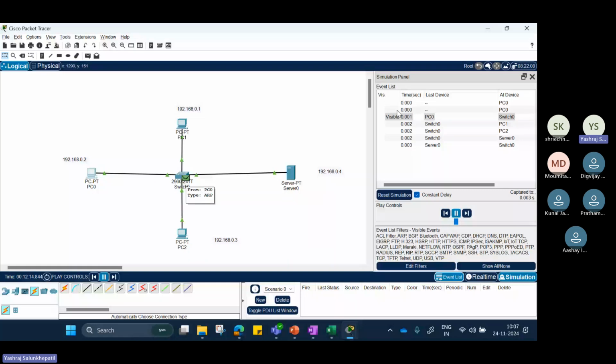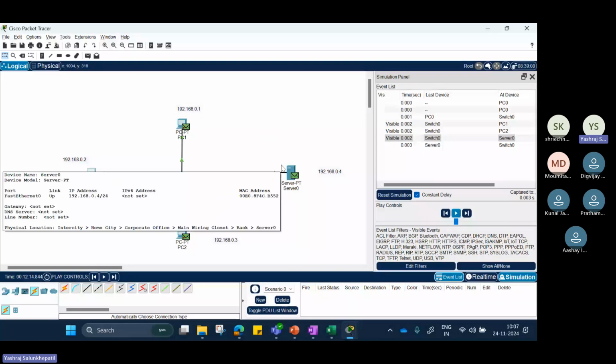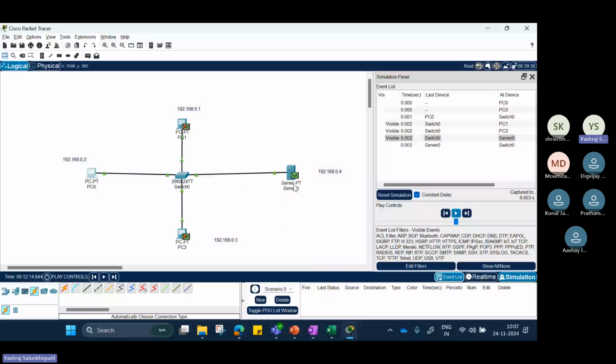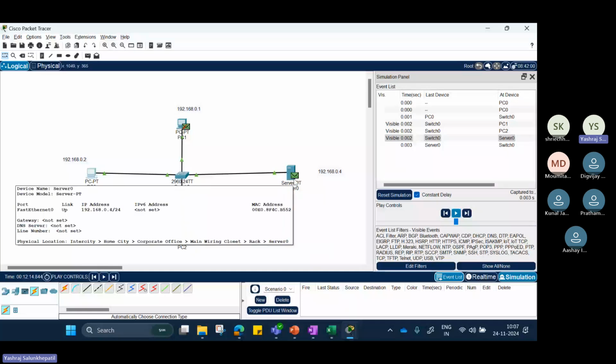The ARP message then goes everywhere because, if you remember, I'm going to pause. If you remember, what is the ARP message for? To get the MAC address. So first it sends the packet to everyone asking who has IP 192.168.0.4. Hence the message goes to everyone. Now, if you see there is a cross on these messages, it is because the PCs do not have IP 192.168.0.4. The only device that has this address is this one,